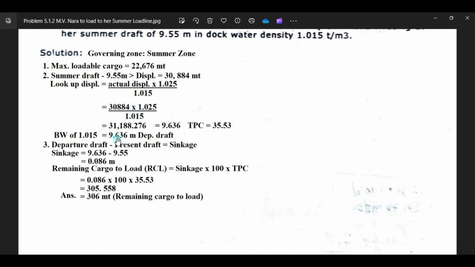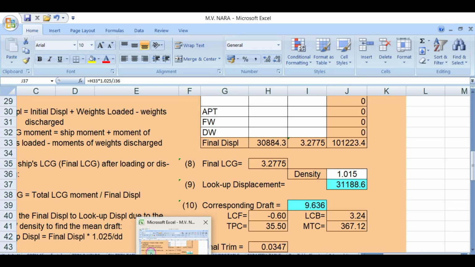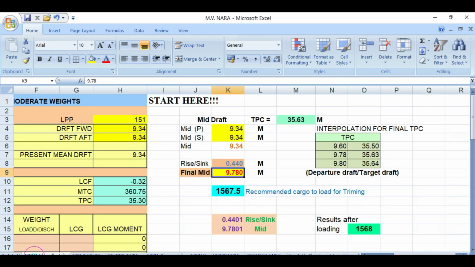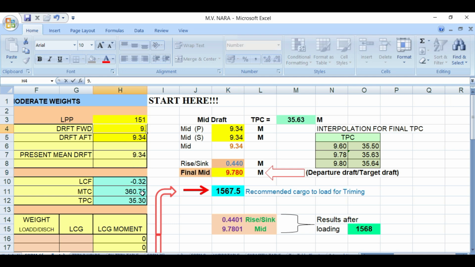Okay, so 9.636. So let's go to the program. Your forward draft will be 9.55, and your aft draft will be 9.55. Since you have your forward and aft draft, it is recommended that you also take your actual draft at the mid port and starboard.